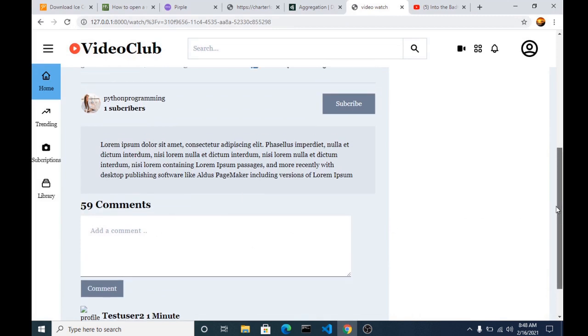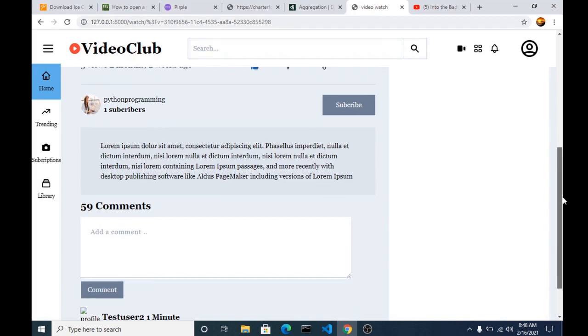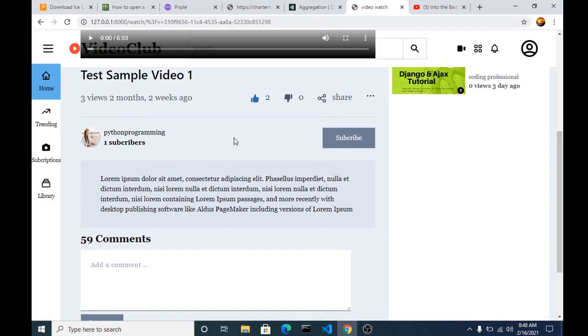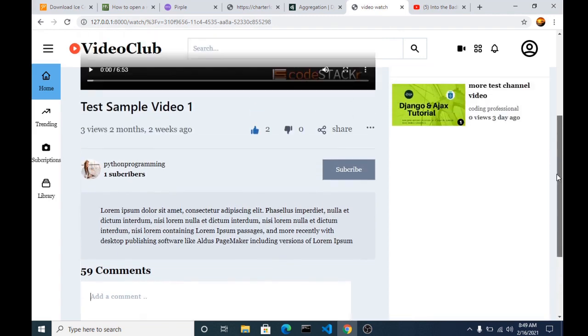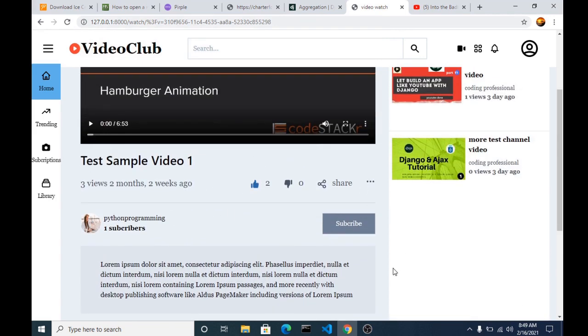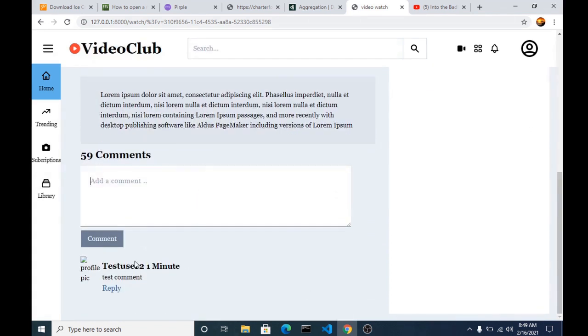And now you can see that when we submit our comment, it refreshes the page, which is not a good user experience. So to avoid that, you can use Ajax also to handle that. It's a very simple process, just the same way we used Ajax. You can follow the same method and apply that to yours. Alright, so for that, we'll be ending this video here.